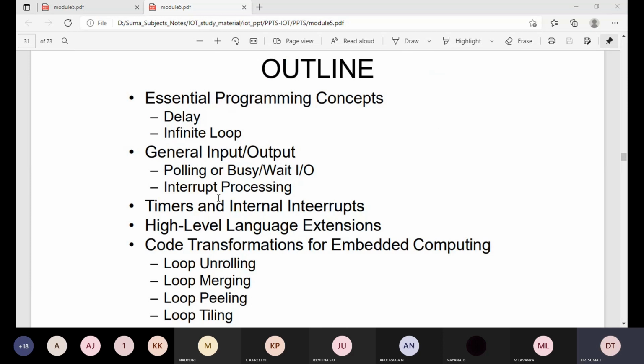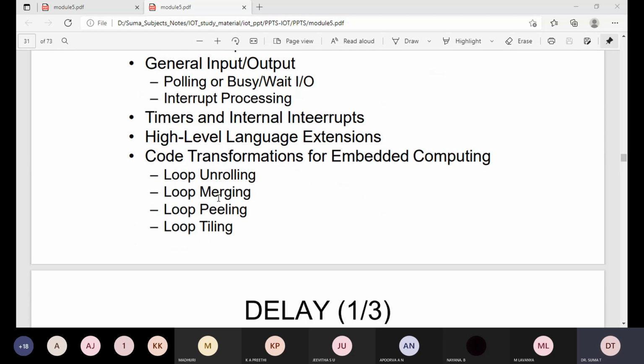So, an outline of essential programming concepts: delay, infinite loop, general input or output, polling or busy wait I/O, interrupt processing, timers and internal interrupts, high-level language extensions, and code transformations for embedded computing: loop unrolling, loop merging, loop peeling,